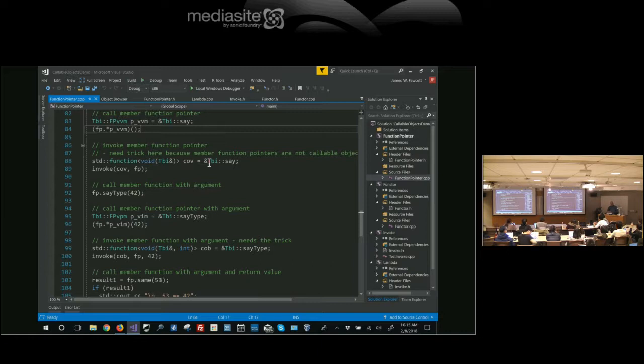What's happening is this standard function is a function that accepts this member pointer and returns void. But this function itself accepts nothing. No, this is the member. So what's happening is this is the member function that